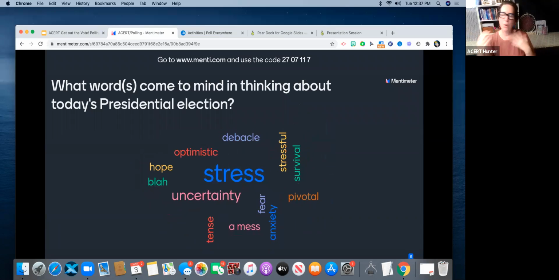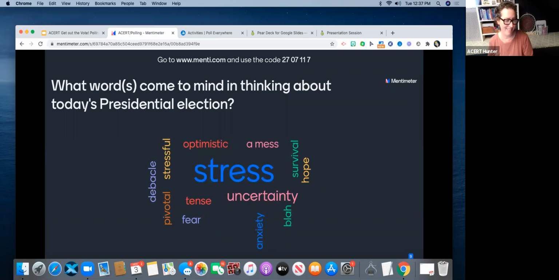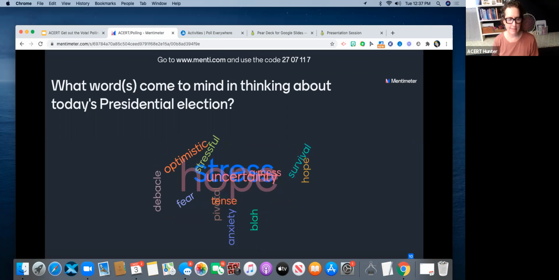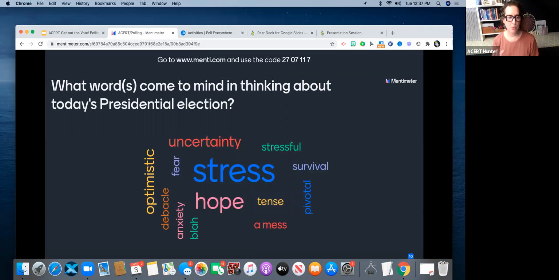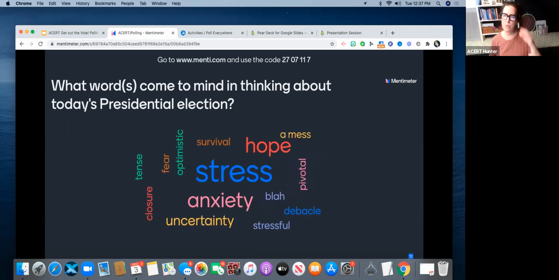It's going to pop up here. So it's very versatile. And of course, visual. A mess, fear, anxiety, stress, debacle. Hope is getting very small now, extremely small. One of the things that is good to know about Mentimeter when you set up a word cloud is to allow participants to enter as many terms as they want. I find Mentimeter very easy to use when you set up these